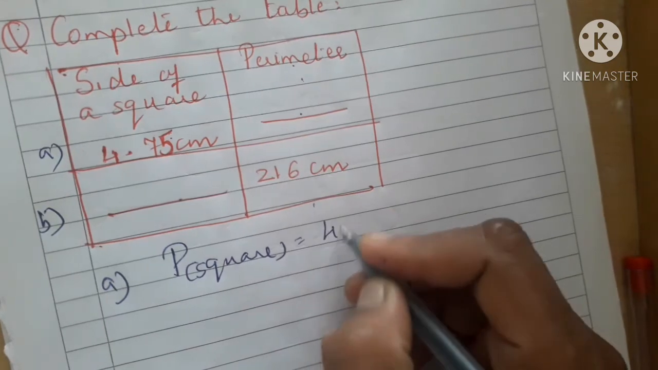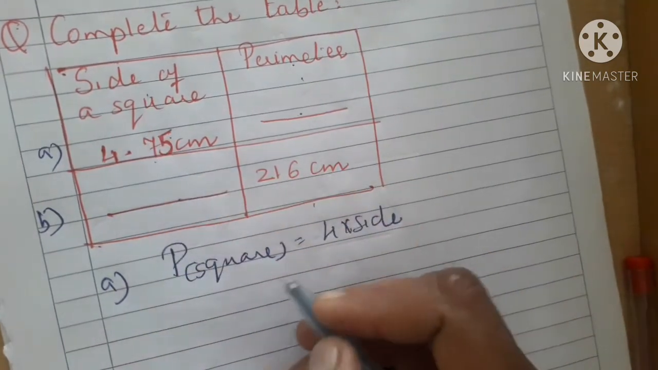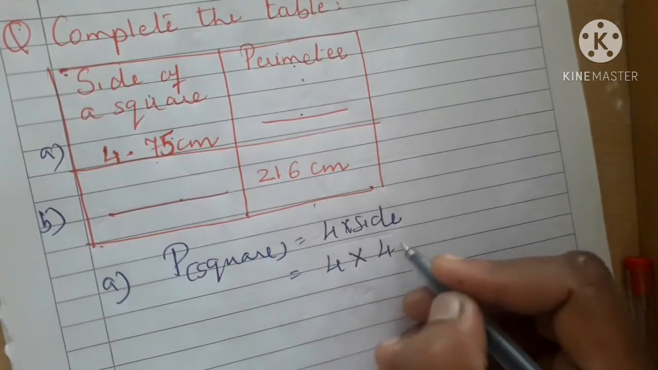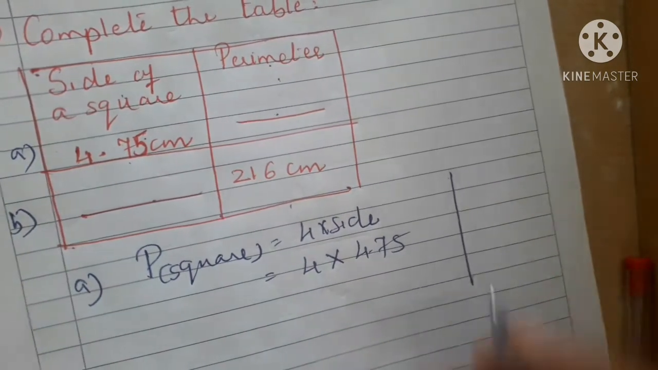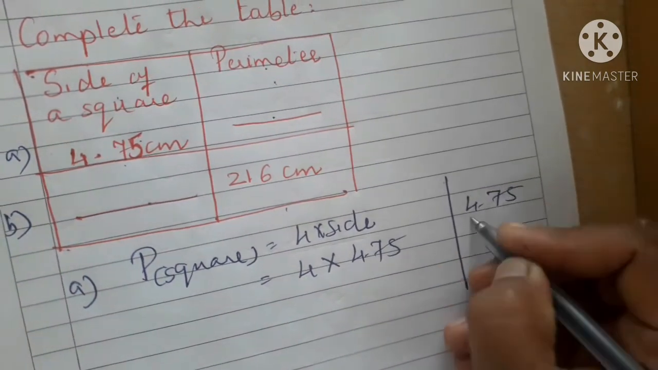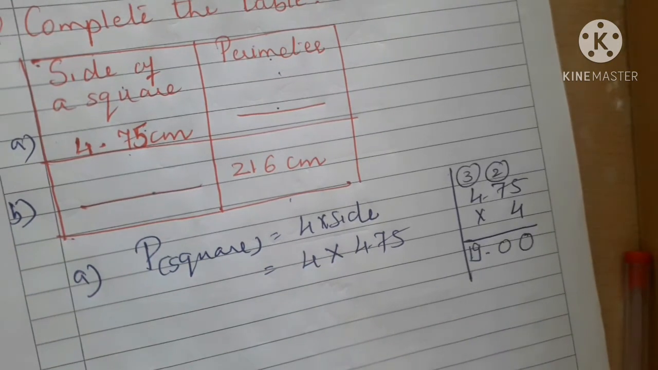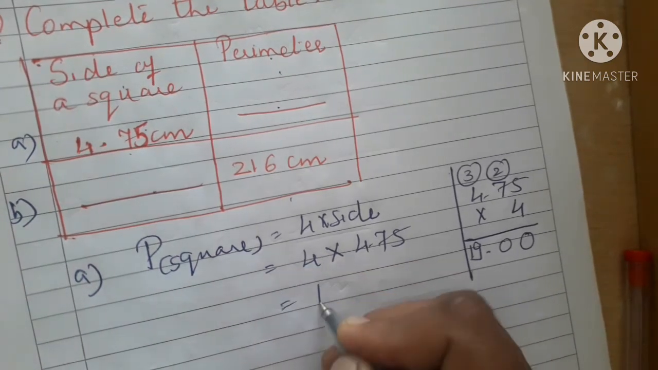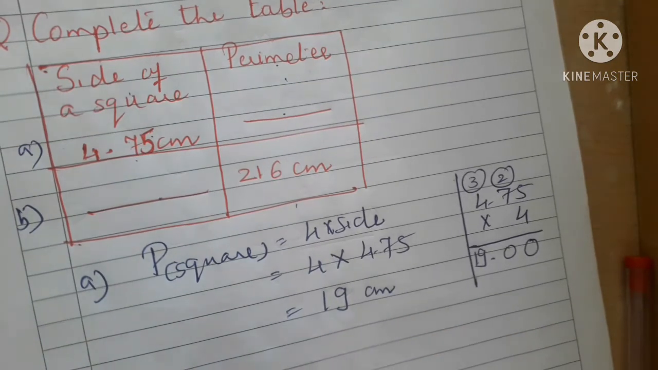What is the formula? 4 into side. Is the side given? Yes, 4.75. So I can write it as 4 into 4.75. Now here you will multiply and find out the answer, that is 19 meter. So here I will write it as 19 centimeter, right? Now the question